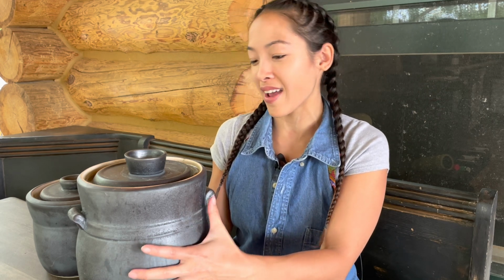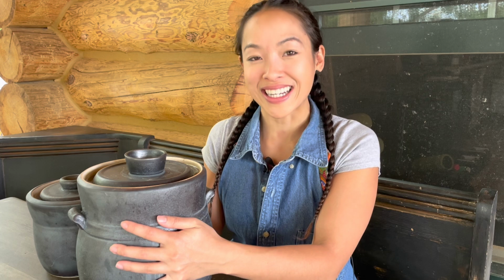This is part 2 of how to make kimchi using these beautiful Sarah Kirsten fermentation jars. So it's been 20 days, which is about 5 weeks since I started the kimchi, when I packed it with Napa cabbage and gochugaru and everything fresh from the farmer's market. If you saw my part 1, if you haven't, please go ahead and watch part 1 to see how I make it. But it's been 5 weeks and I'm ready to open these jars up and see how my